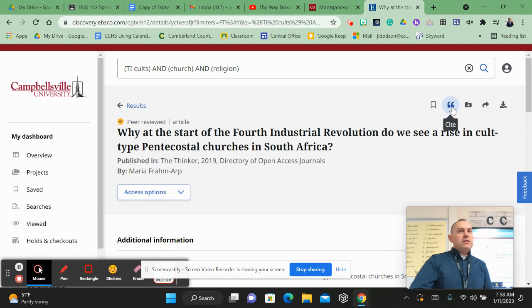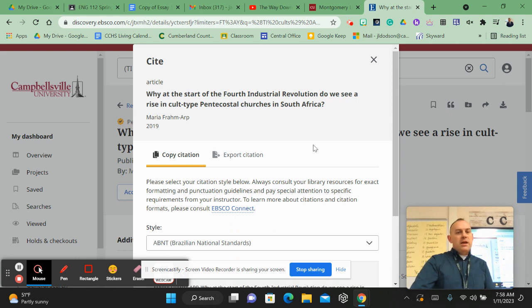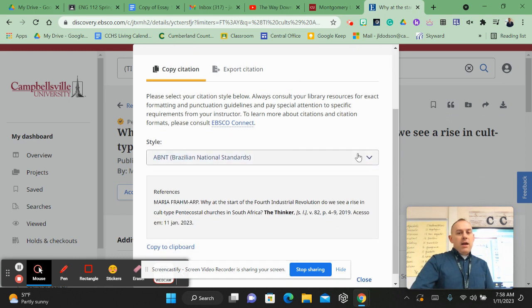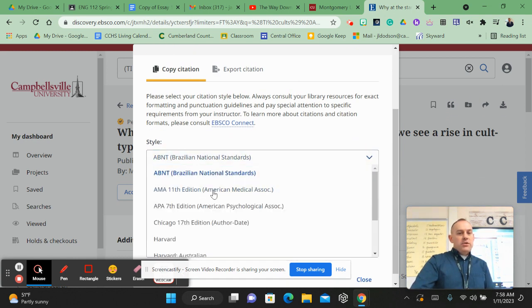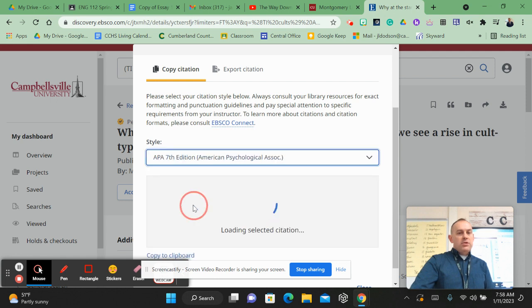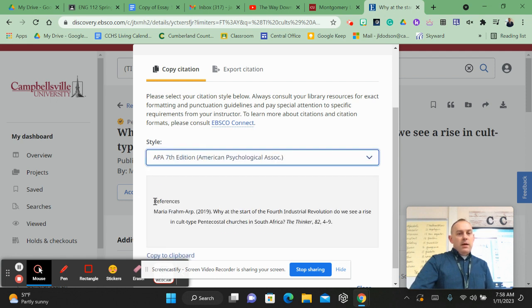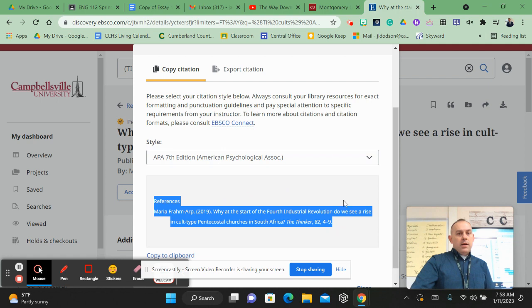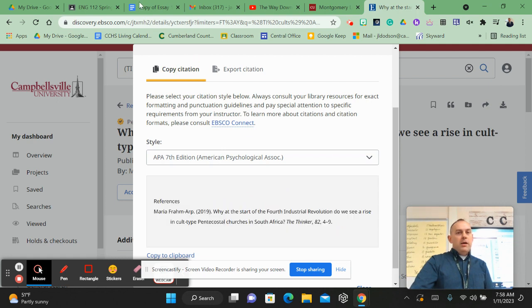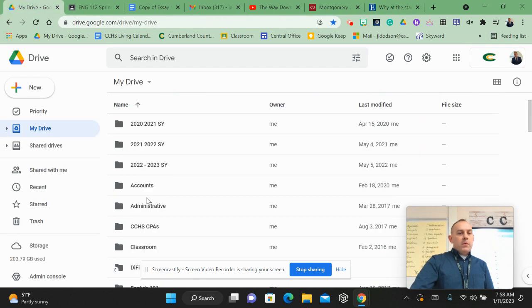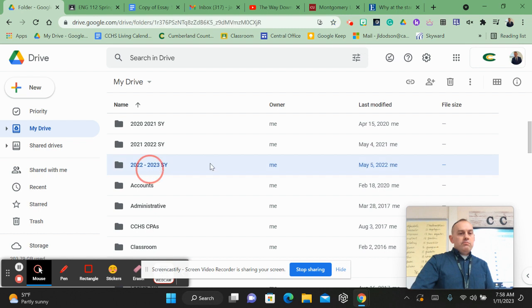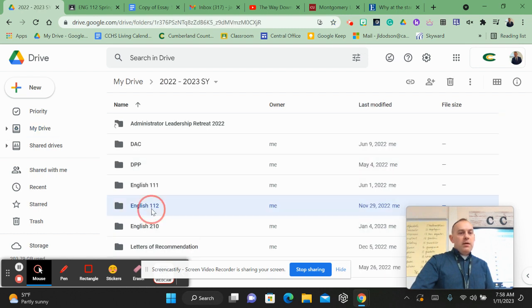Best part about this is there's a little quotation mark icon at the top. When you click that, it's going to give you a citation, and all I have to do is drop this down to APA 7th edition and copy it, or click up here, copy, and then open up my document.